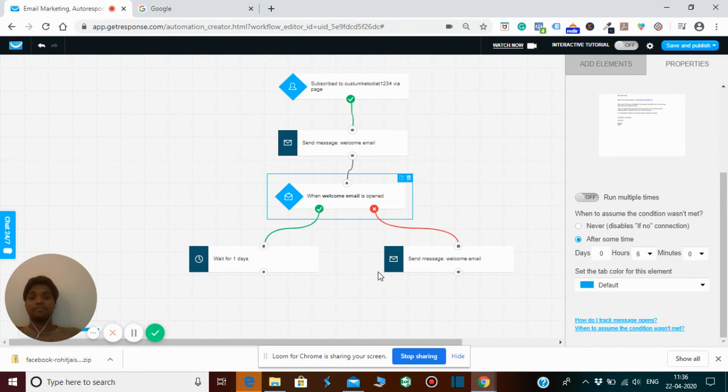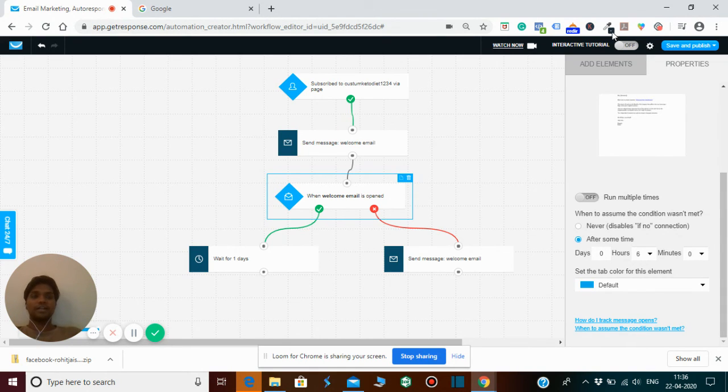If somebody opens your email, they will wait for 1 day and you will send another email. If somebody does not open your email, then you have to send the welcome email again. After 6 hours, you have set up the time that if somebody is not opening my email within 6 hours, then after 6 hours you will send the welcome email again. All right. So this is the thing.